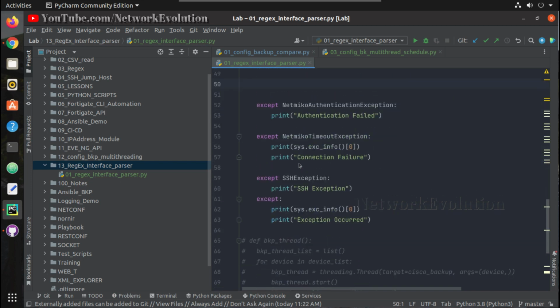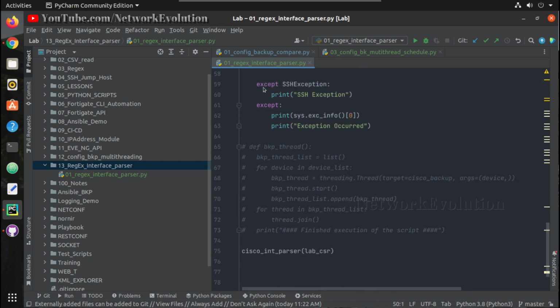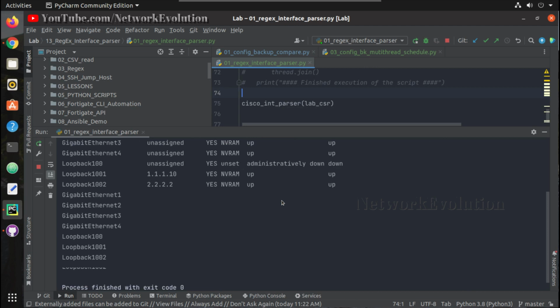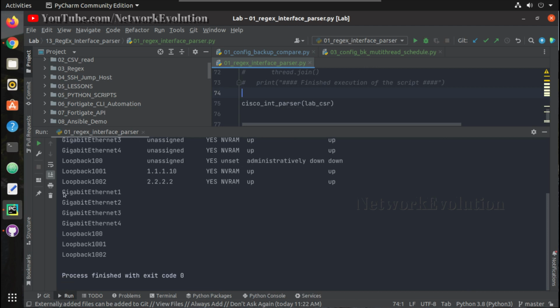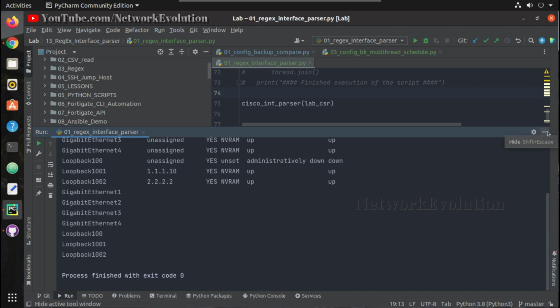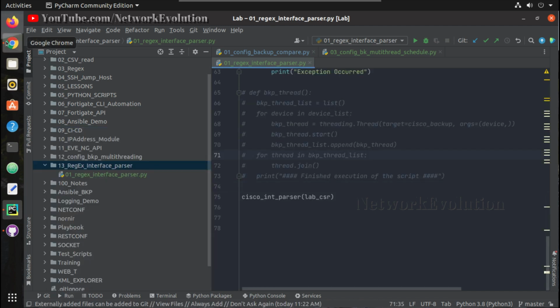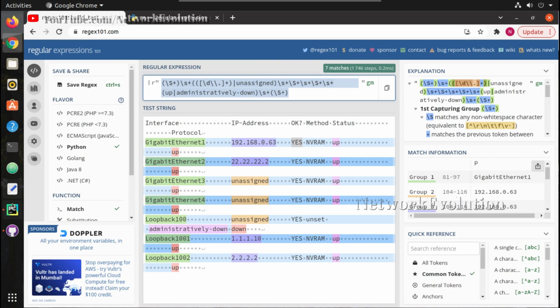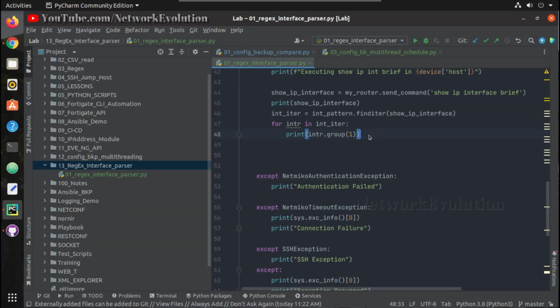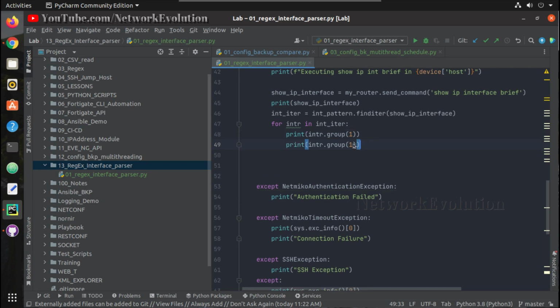Okay, let us try running this. Yeah, now here we are getting all the interface details. Same way with each group we should be able to get the details. Now if you want to get the interface IP, what we can do is